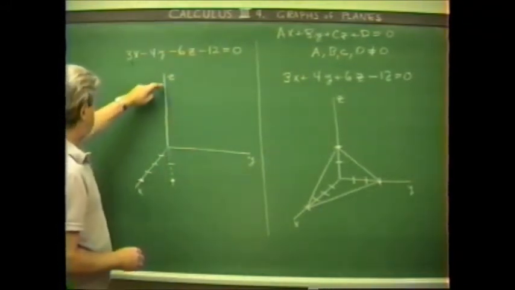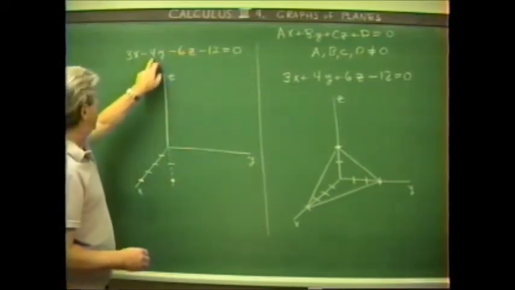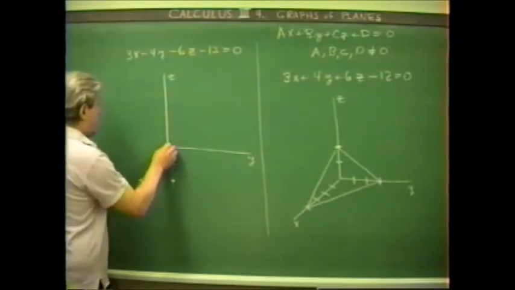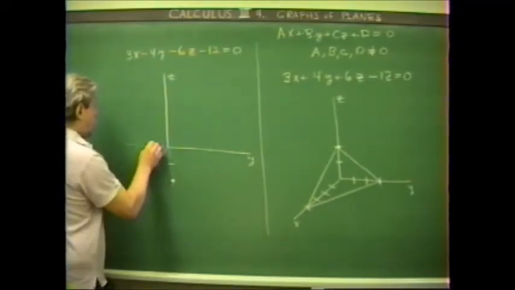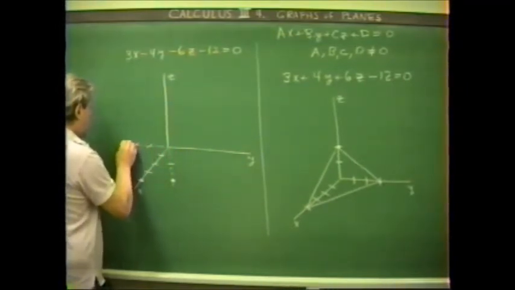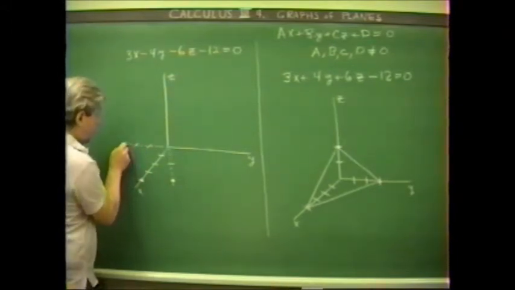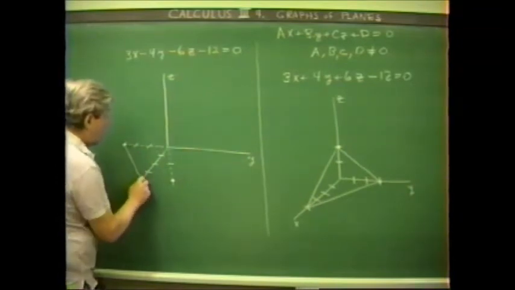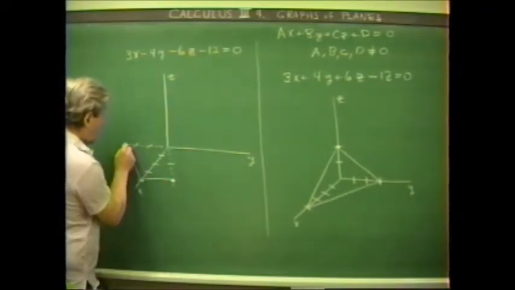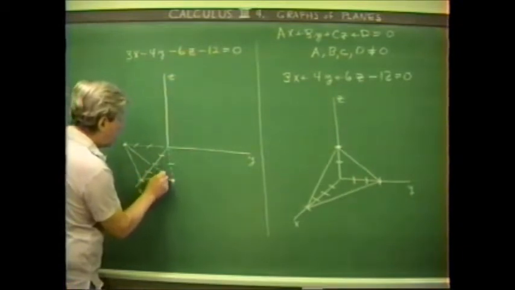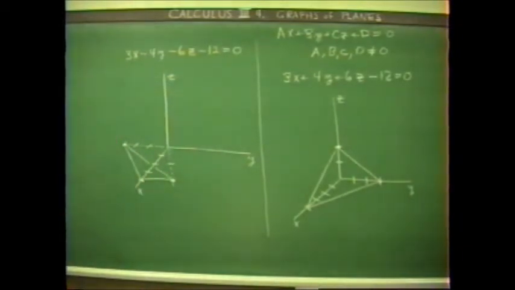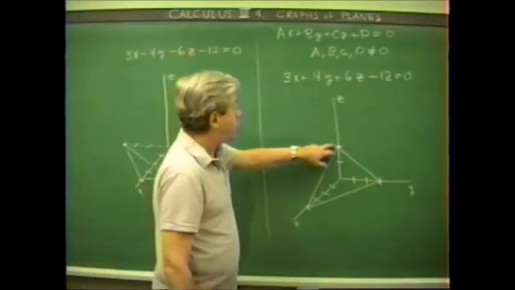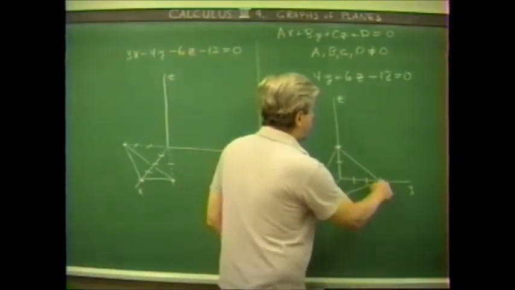And finally, when z and x are equal to 0, then minus 4y is 12, and y is equal to minus 3. So here's the point of the plane. We can now draw this plane as follows. It's back here, like so. Now, what we've done is we've drawn the intersection of the plane here